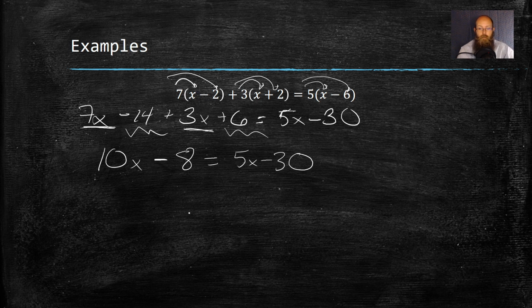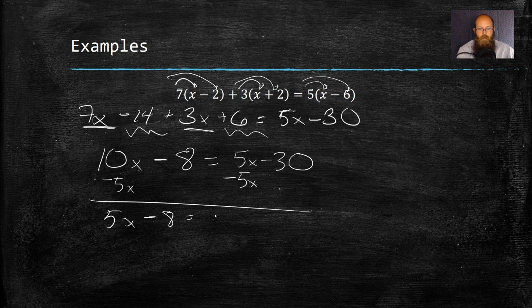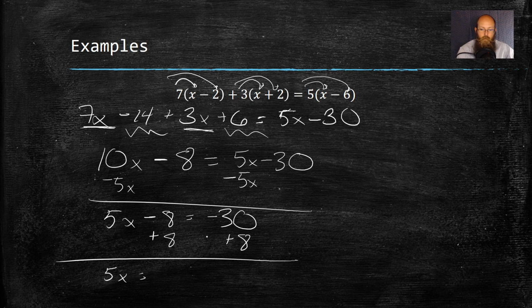Now I got to get my x's over to where most of my x's are. Well, 10 is real big compared to a 5. So I'm going to subtract those 5x's. And I'm left with 5x's on my left. -8 equals -30. Oh, this is dragging out forever. I'm going to add my 8. So 5x equals -30 plus 8 gets me a